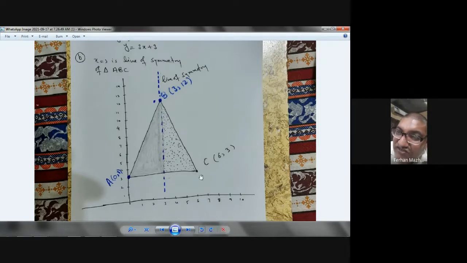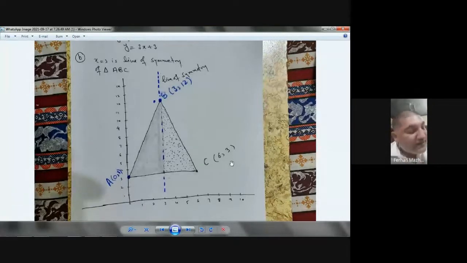So this line of symmetry is x equals 3. If you go 3 steps to the right, it will be 6. So the x value will be 6. The y value will be the same as that of point A, that's 3. So C will be 6, 3. So you see, you cannot do this question without drawing this figure on a grid. First, you need to draw this figure on a grid. Then you will be able to find the coordinates of the point C. And you can see, no formula is involved.